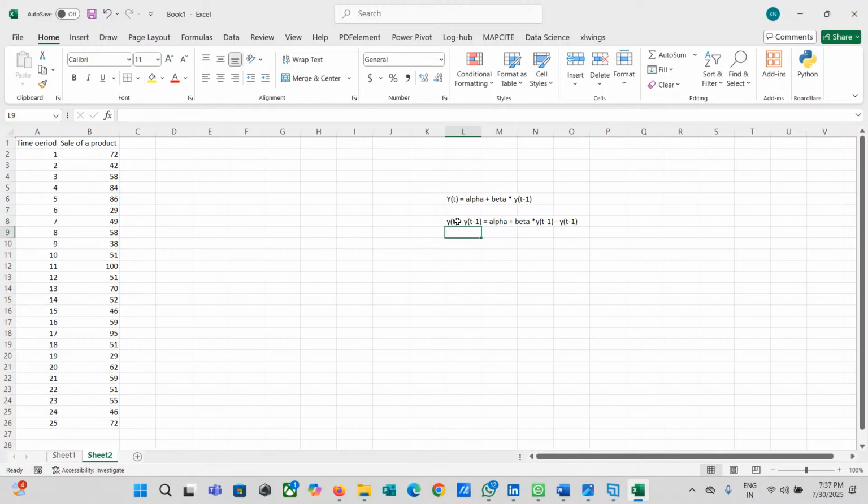So my left side becomes delta y, which is equal to alpha plus, taking yt minus 1 in common, (beta minus 1) into yt minus 1.